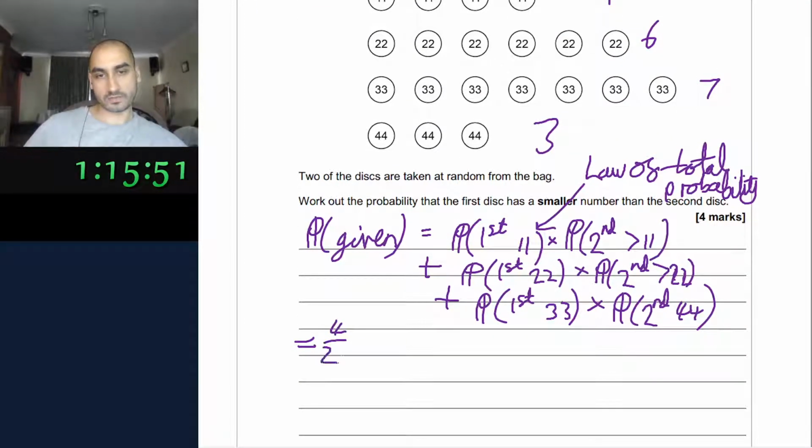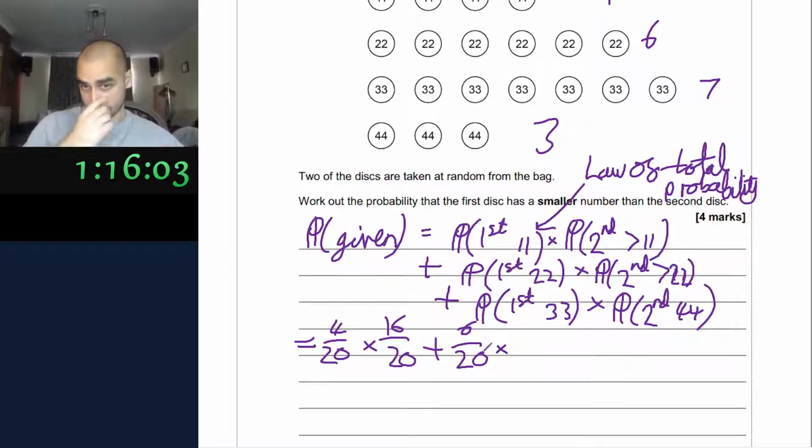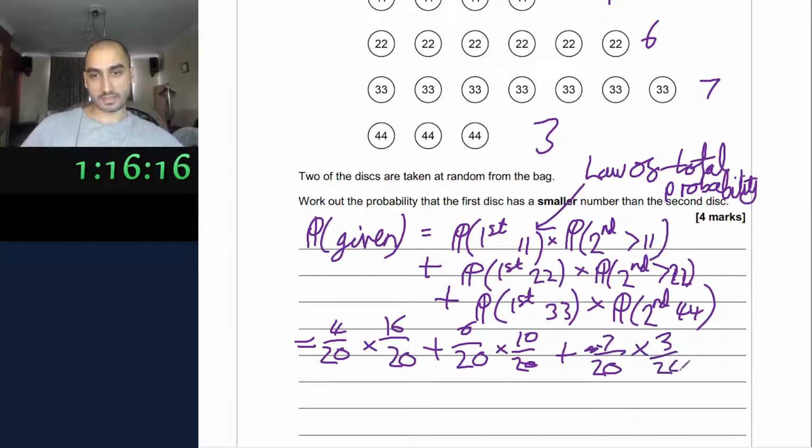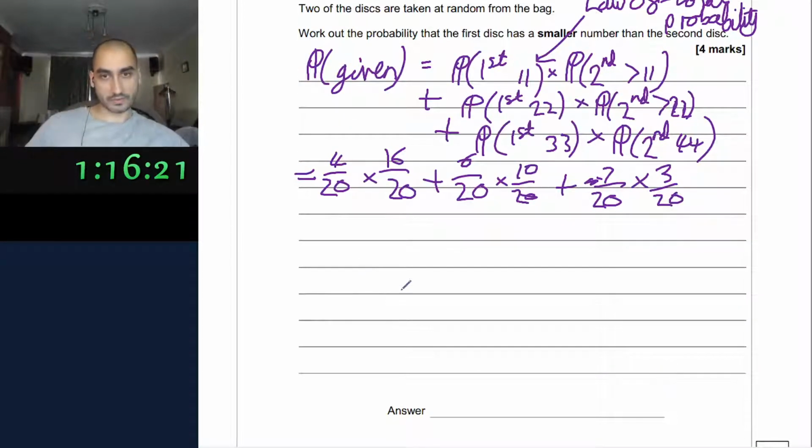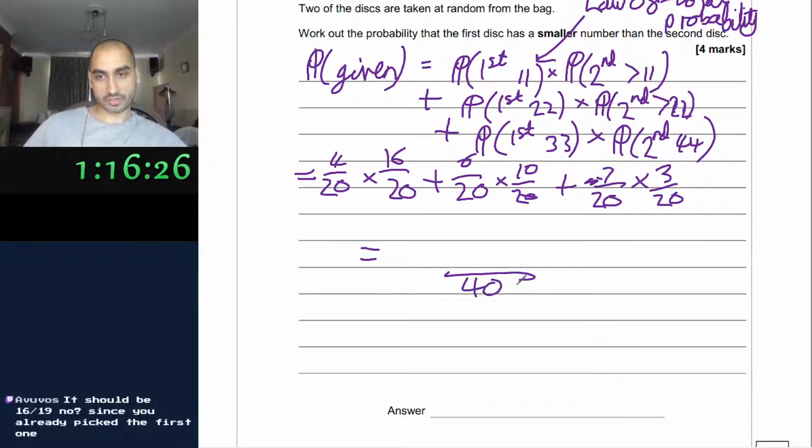So 4 out of 20 times 16 out of 20, plus 6 out of 20 times 10 out of 20, plus 7 out of 20 times 3 out of 20. So equals, so out of 400,